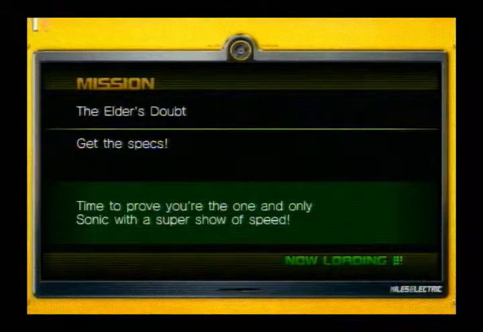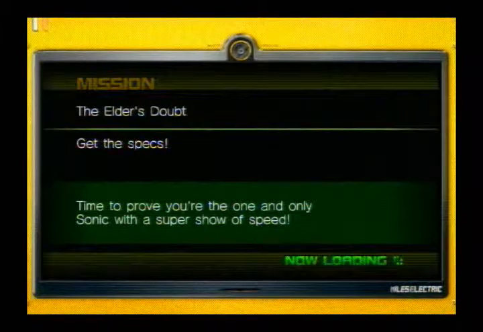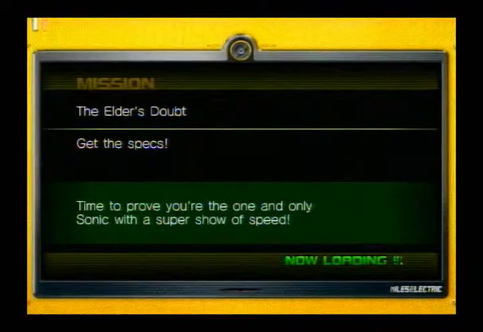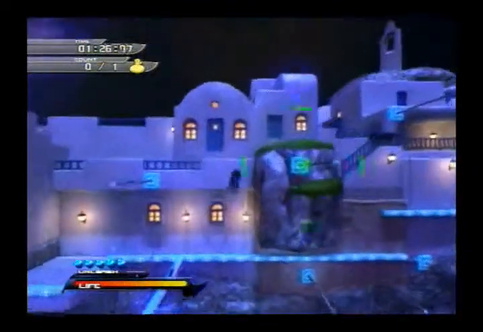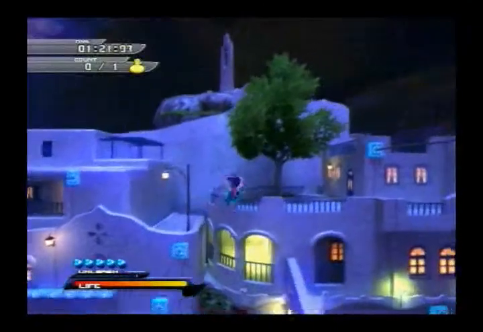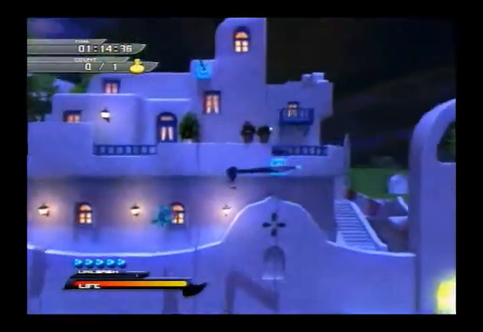So this is the Elder's Doubts. Get the spectacles. Time to prove you're the one and only Sonic with a super show of speed. Now, sometimes, as I said before, you will gain different collectibles. Well, only medals. I don't believe I actually said that. You have to collect medals while going through here to complete the game. To get all the trophies and achievements, you have to go after the